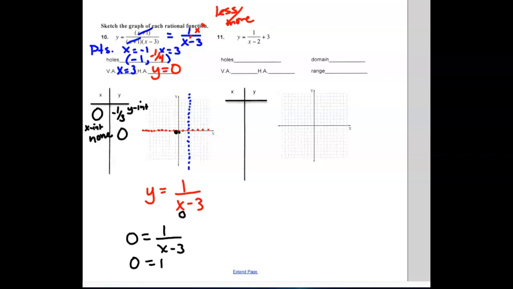All right. We need to find a few more points, so we can grab the calculator if you want, or we can just pick a couple x values on either side of that vertical asymptote. Since the vertical asymptote was at 3, let's look at maybe a 4 and a 5. If we put a 4 into our function, we get 4 minus 3 on the bottom, which is 1. 1 divided by 1 is just 1. We put a 5 in there. 5 minus 3 is 2. 1 divided by 2 would be a half. So we have the point 4, 1